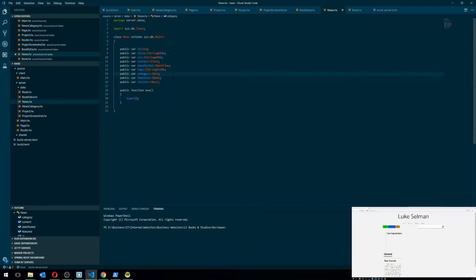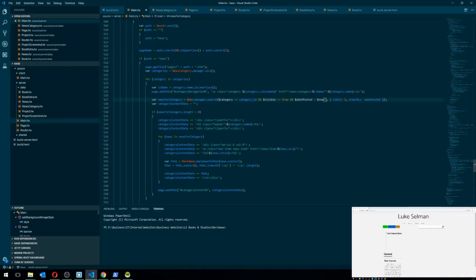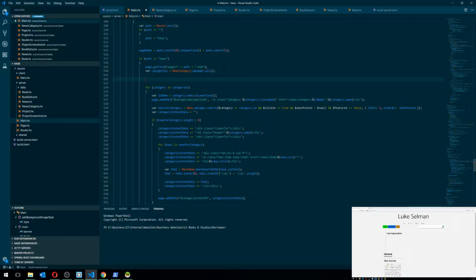Now, this is where things get a little tricky, because what I want to do in here is make sure that what we get back is not featured, for each category. What I'd also like to do is get what's also featured. So let's say, for example, I have news featured, let's say. In fact, what I'll do is say